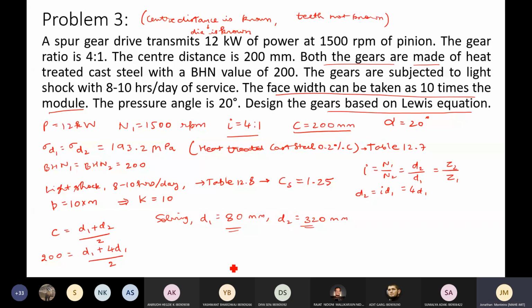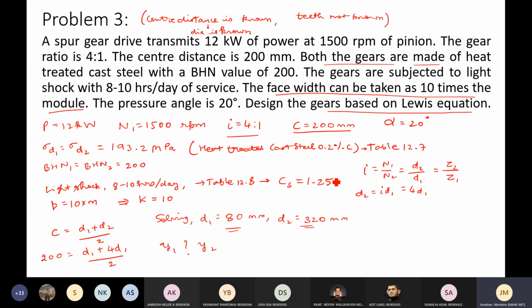Okay, now to start with for anything, we have to find out the weaker member. To find out the weaker member, you require to know what is sigma d1 y1 and sigma d2 y2. And especially in this particular problem, both the gears are made of the same material. So you can say the weaker member comparison is now between y1 and y2. Which is weaker now? Why? Because sigma d1 and sigma d2 are both the same, so both are getting multiplied with the same number. So you only have to compare which is higher or lower. Is it y1 or y2?